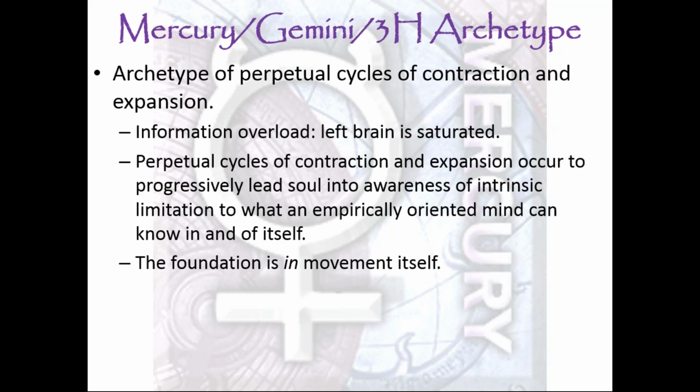So, Mercury through Gemini in the third house is the archetype of perpetual cycles of contraction and expansion. And the contraction cycle comes when we reach information overload. The left brain is saturated. I can't read one more book. I can't have one more conversation. I need to go within. I need to quiet down. I need to listen to my inner voice. Right brain, intuition. And we will go through these cycles of contraction and then expansion because they progressively bring us